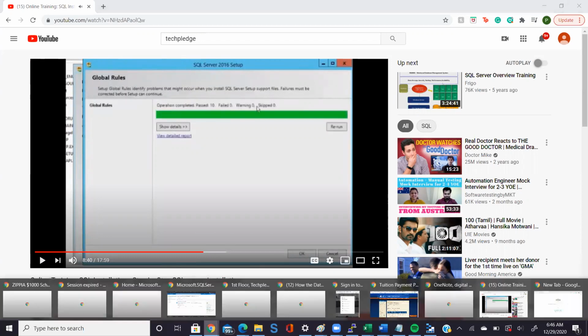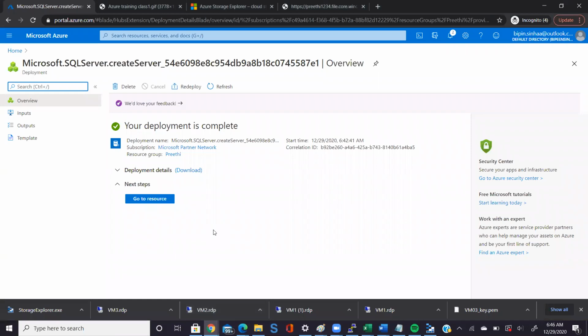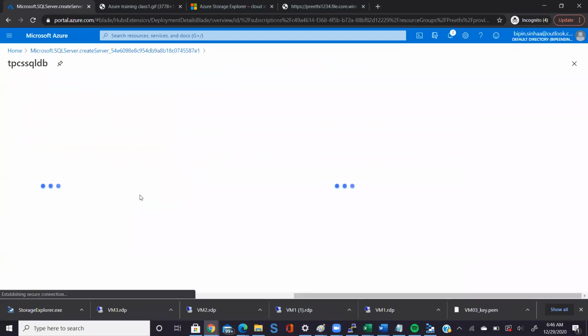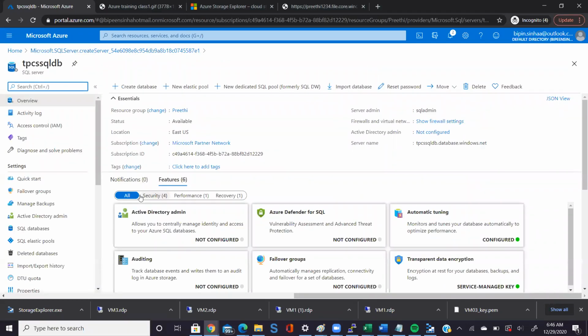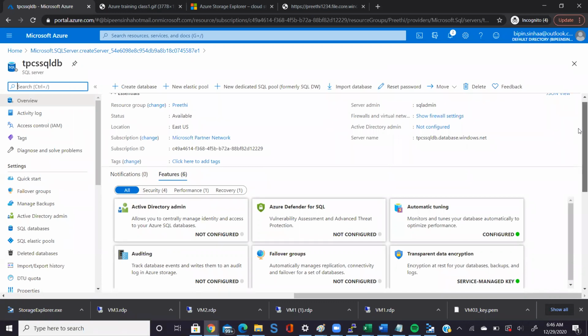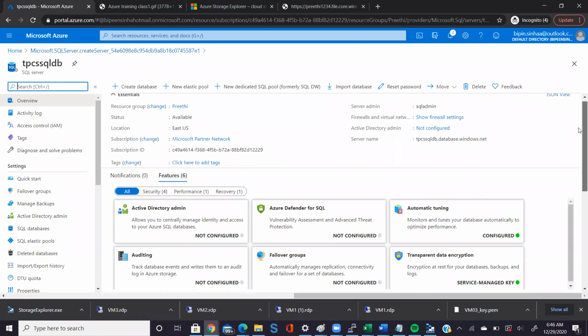Go back to your Azure. It's done. Go to the resource. Now this is the server which you have created. Now you need to create a database. You just go there and click create database.